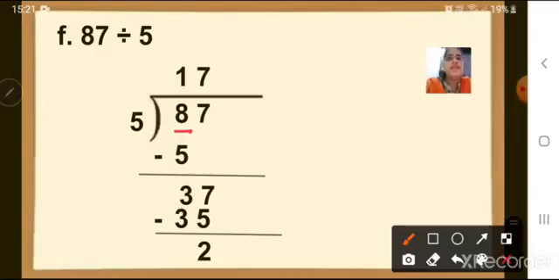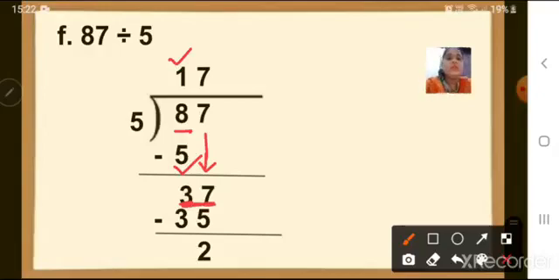What it will be? 5 ones are 5. So 5 is here as divisor. Ones are 1, we will write here up, and then 5 will come down. Okay, 5 ones are 5. Then we will subtract. 8 minus 5 is equal to 3. You will write here 3. Correct? After that, the next number, which is number 7, we will write here down. 7. And together they will become 37.